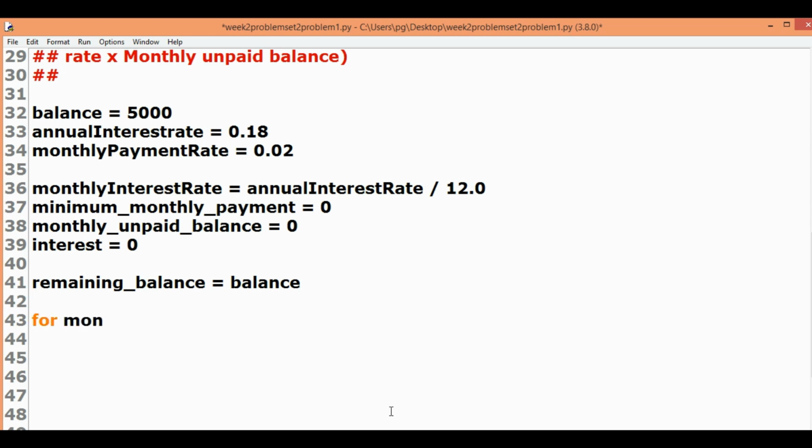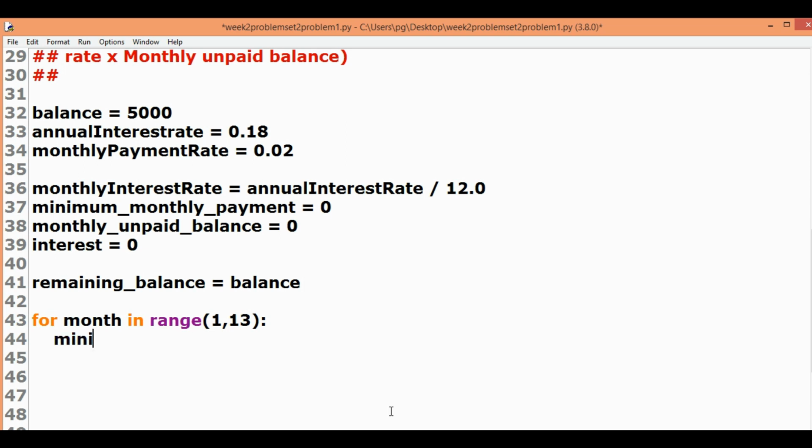For month in range 1, 13. Now we take a for loop which will be used to loop over all the 12 months to do the needed calculations.